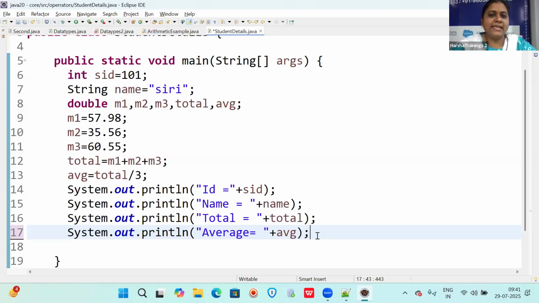Now, after this, we will be seeing the assignment operator. Assignment operator means whatever you are assigning: M1 equal to 57, this equal to is also an assignment operator. Like M1 equal to M2, M3 equal to. This equal to is also what? Assignment operator. In the assignment operator, we have different types: single assignment, multiple assignment, and then what? Compound assignment. So let us see those three types of assignments.